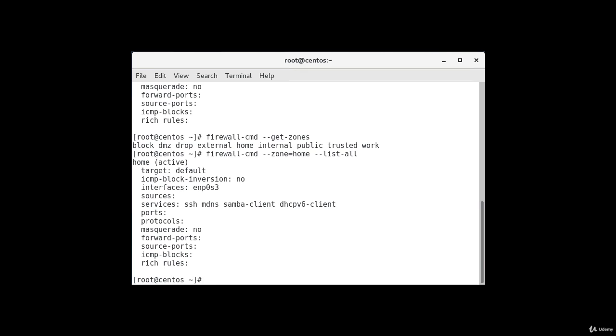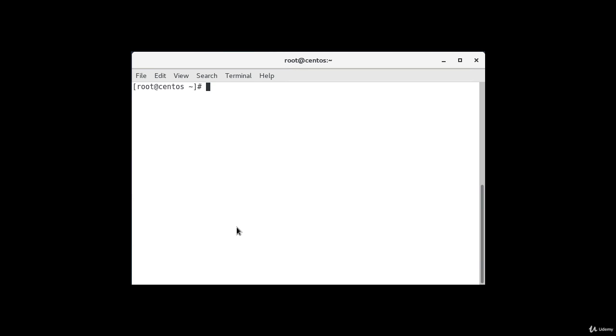You can output all of the zone definitions by using the --list-all-zones option. You will probably want to pipe the output into a pager for easier viewing. And the way you do it is firewall-cmd --list-all-zones, and you pipe it to less,